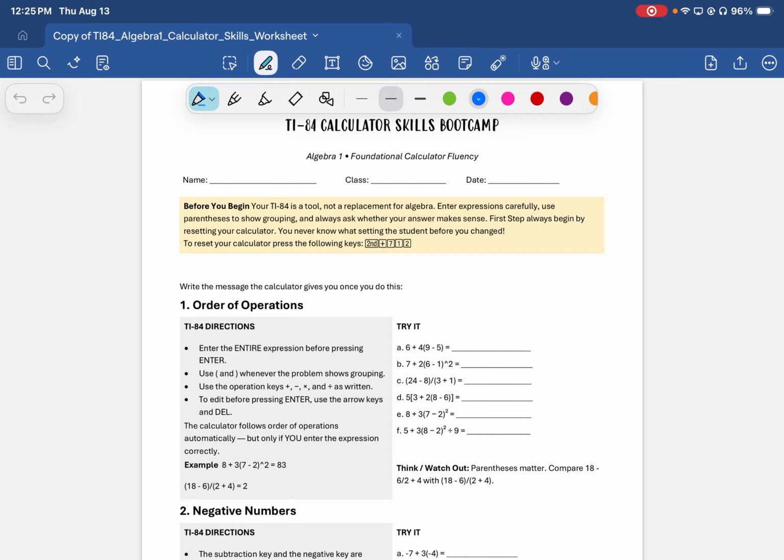Not that tall. What's in the entry expression